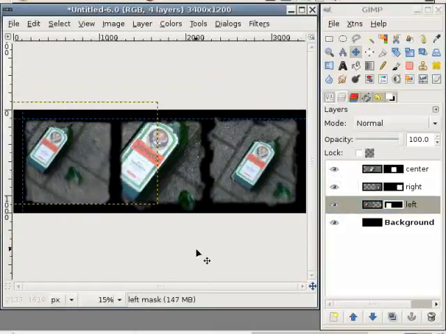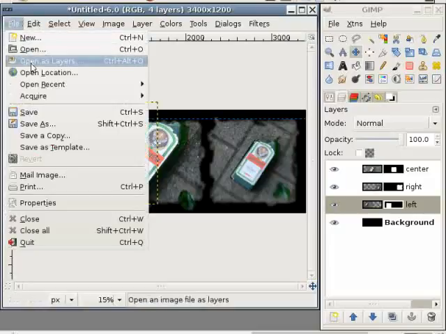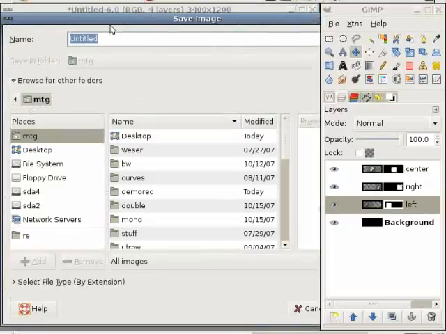And now this image is finished with help from Jason in New York, and it shows the dangers of Jägermeister. Now this image isn't finished. A thing I normally don't forget, but I always forget when I'm recording, because I have to think about a lot of other things than just making my image. I have again forgotten to save it. Save it as Jägermeister